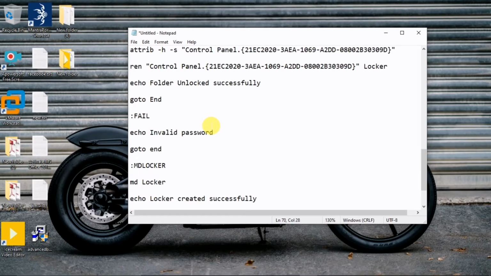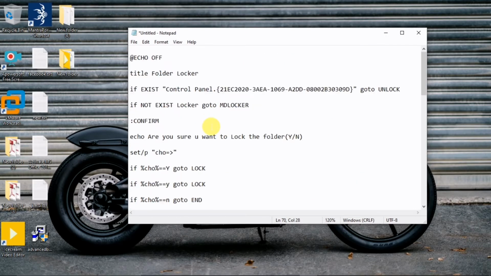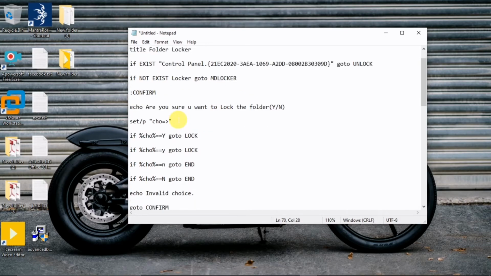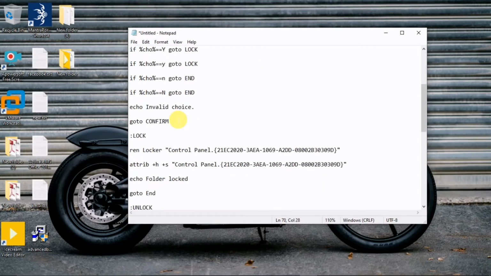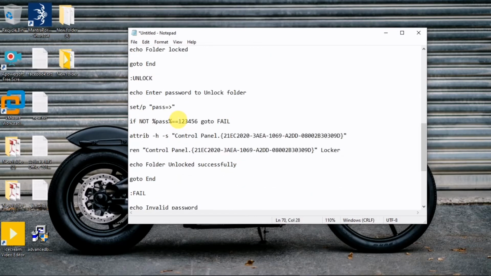First, let me show you where you have to enter the password for your folder locker. In that row, it's for the password.